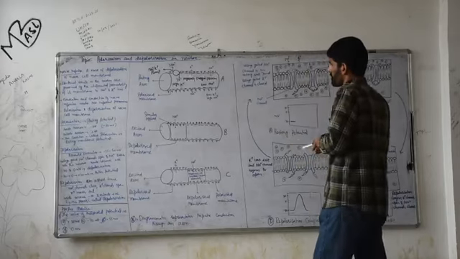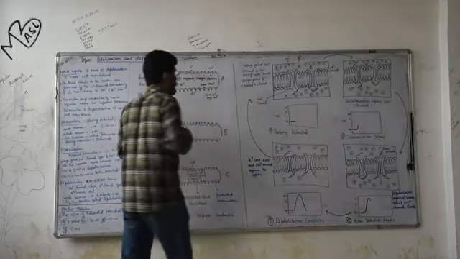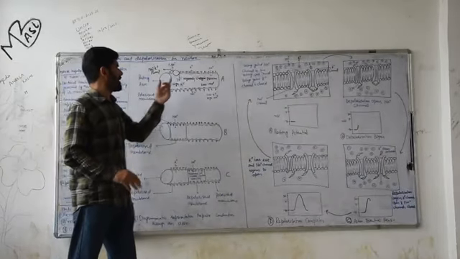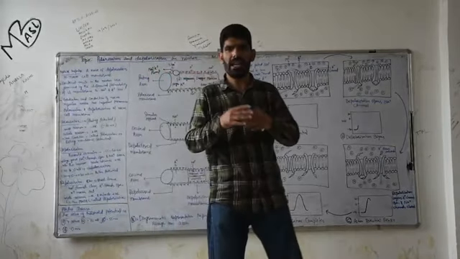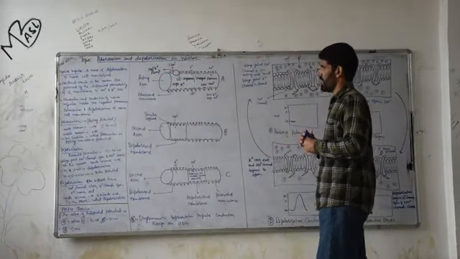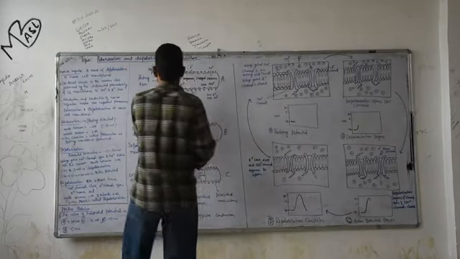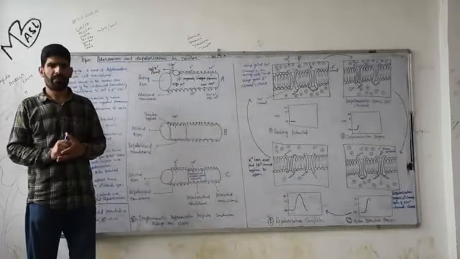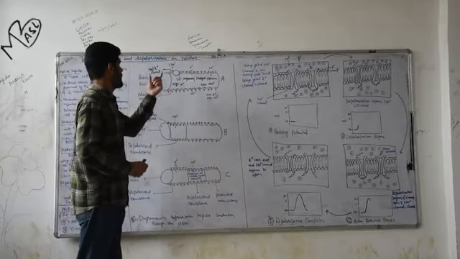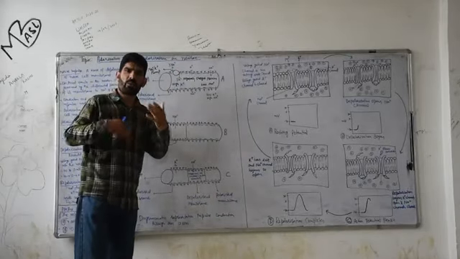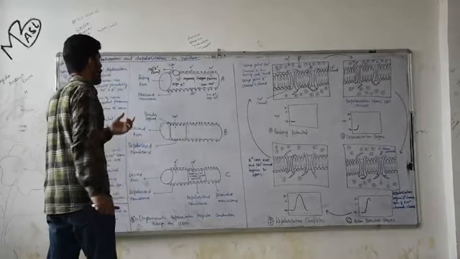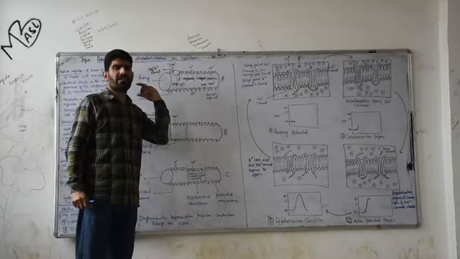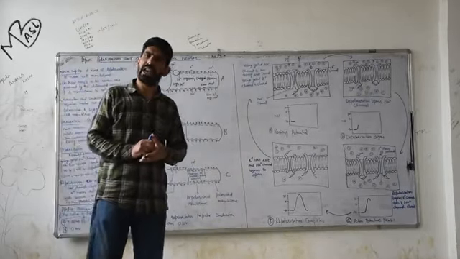During the resting state, some potassium ions leak out and move outside. But there is the sodium potassium pump. What does it do? It transports 3 sodium ions from inside to outside for 2 potassium ions from outside to inside,